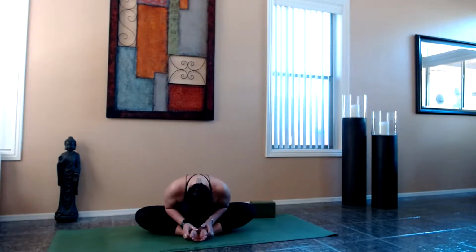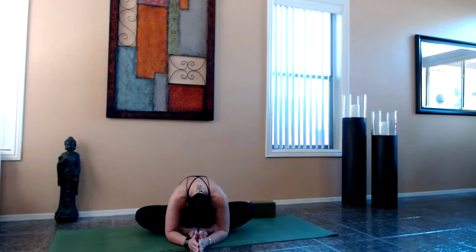Shoulders, relax them away from the ears. Continue to draw the lower abdominals back towards the spine, but not gripping or squeezing, but instead an engagement. Now to come out of the pose, we're thinking of creating space again. So lift your gaze, lengthen your heart forward, and begin to rise up. Bring those inner thighs together and